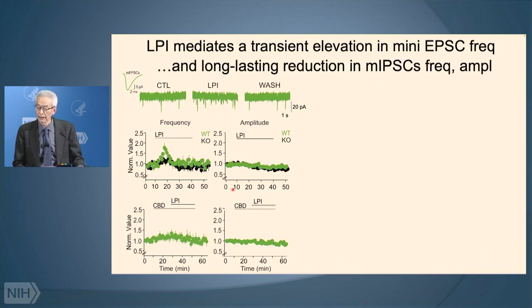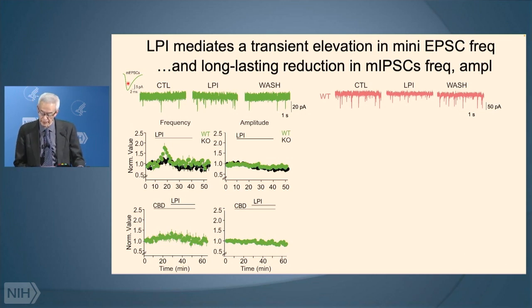We went on to look at changes in inhibitory transmission. After all, this is only a transient change. Perhaps there was a change in inhibitory transmission that was more sustained. So we recorded inhibitory events like this, only not carried by sodium ions, but carried by chloride ions, triggered by the quantal release of GABA. And we found that in this case, the frequency of events was not very much changed. What was mainly changed was the amplitude of the events. You can see all of these events are smaller.